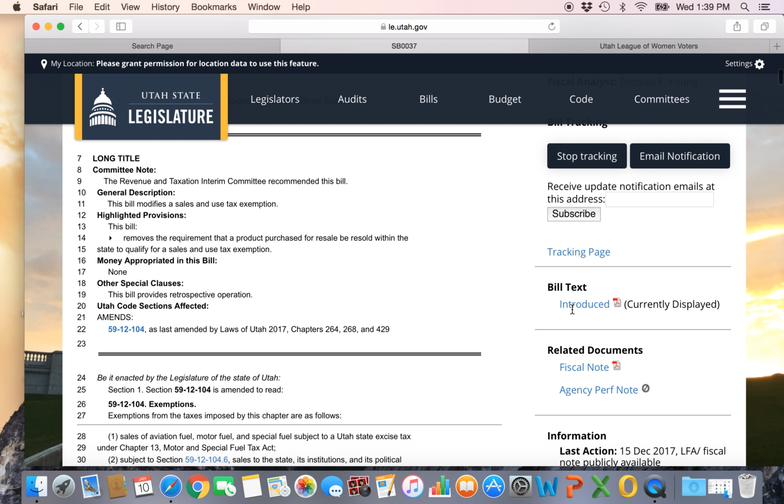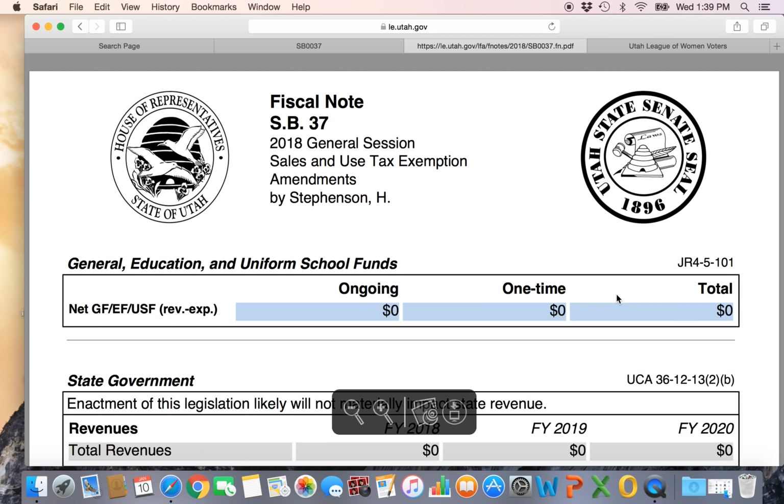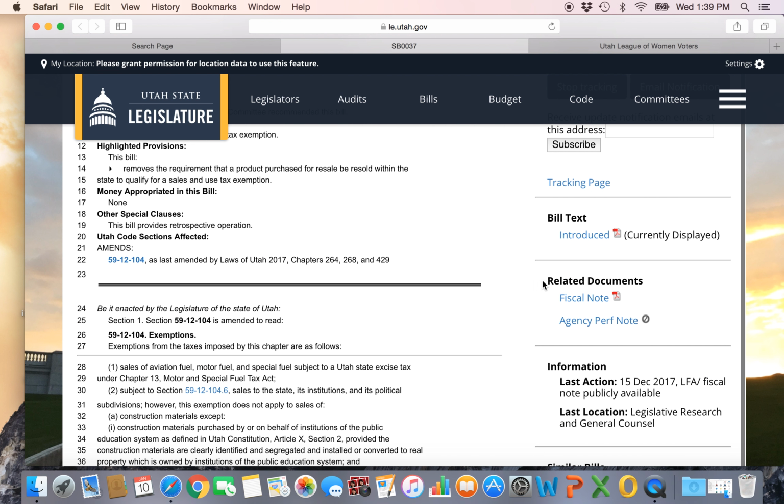Bill text, this is how the bill was introduced, and as substitutes come up, if there are substitutes, they'll appear right here. Related documents, this has a fiscal note. And the fiscal note, before you pass the bill, you want to know what the bill is going to cost. So any sort of cost would be right there. And then this agency perf note